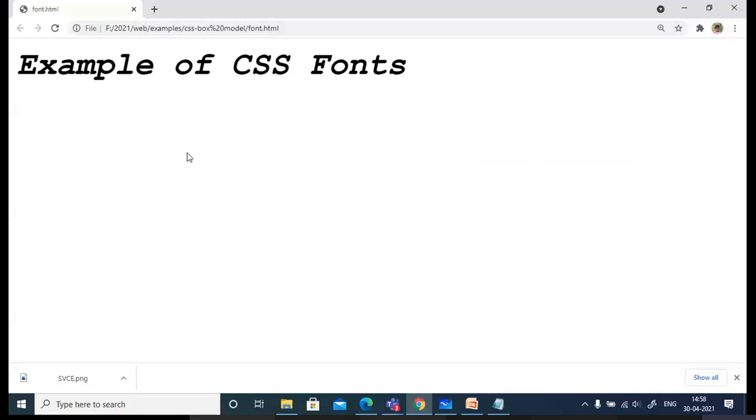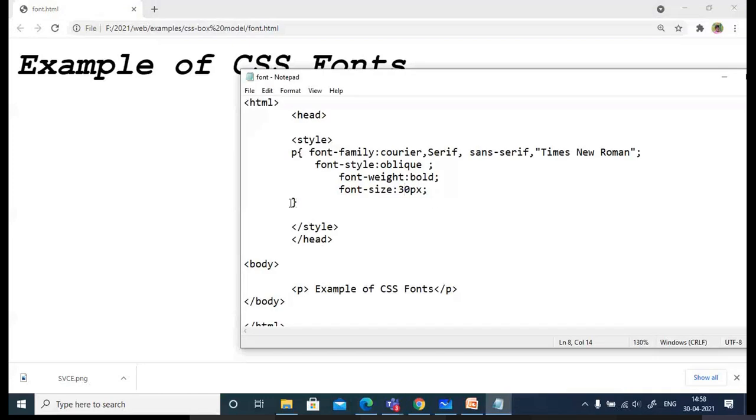Whatever web pages are designed commercially, they all use CSS. It reduces a lot of burden instead of applying the style for each tag. You can create a separate style, either in an external sheet or you can embed the styles. Always avoid inline style sheets, as that is going to be hectic. If I have one more paragraph here, using the embedded style will apply the same style to that paragraph also. That is the advantage. Is it clear? So this is about the font and its properties.